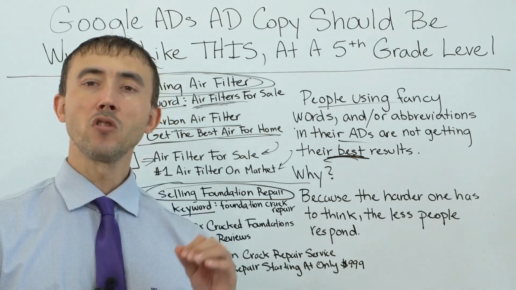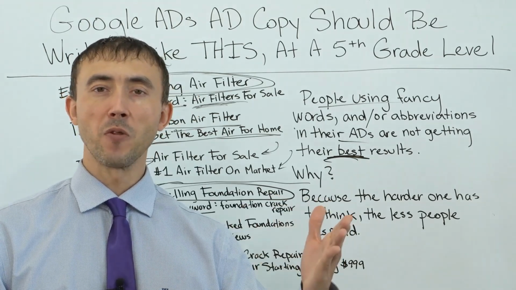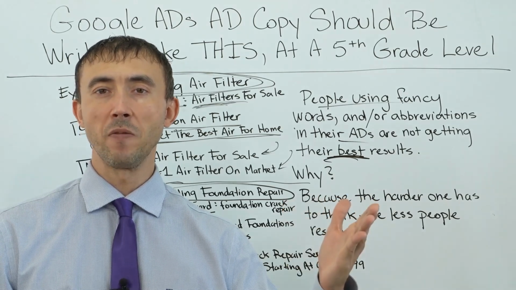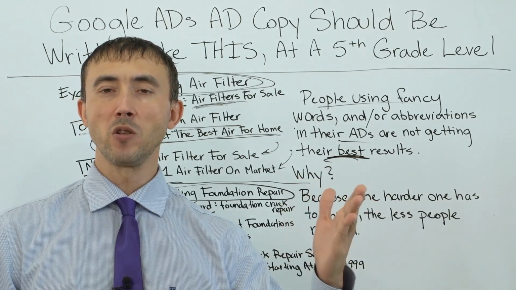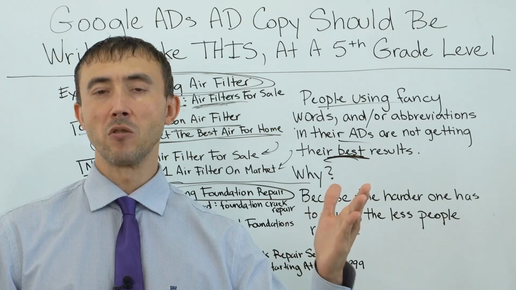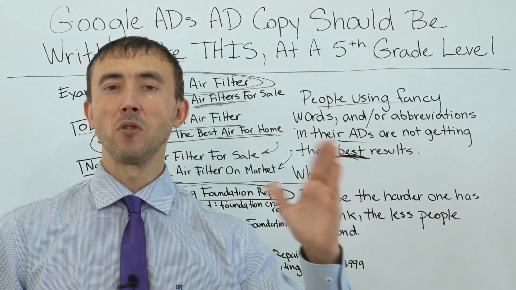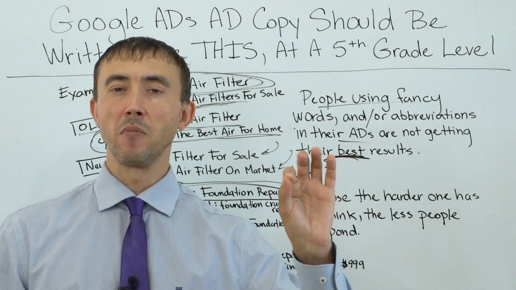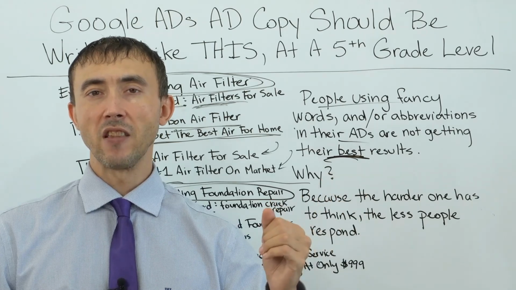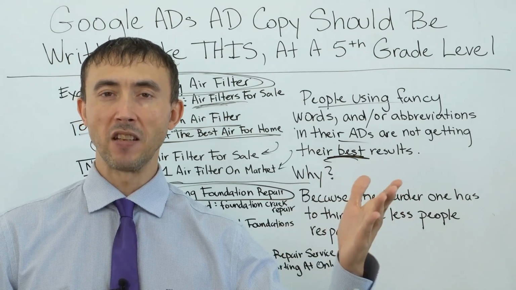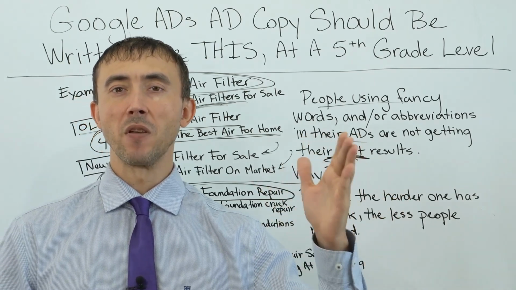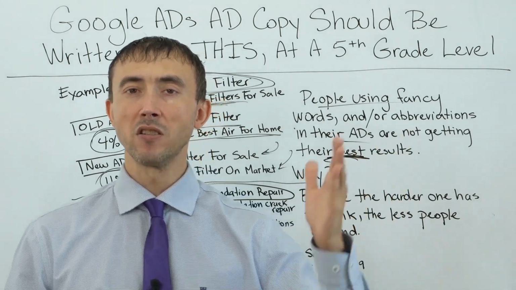Beyond that, you just have to understand. So the first part of the headline is easy. It's already figured out. You either do the keyword or a close variation to the keyword, which is the direct keyword 80% of the time, and 20% of the time you adapt it a little bit. That's pretty much it. Then the second headline, which is the other part of the ad that people pay attention to,